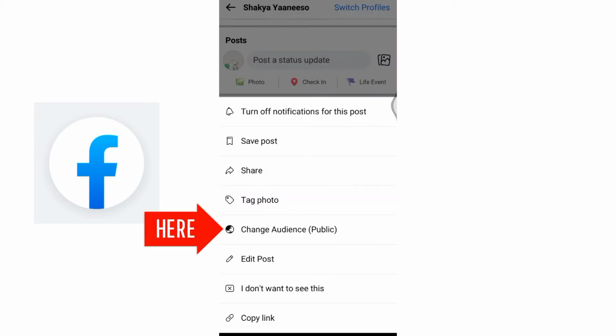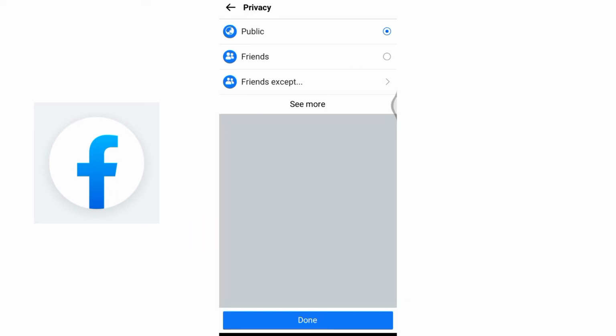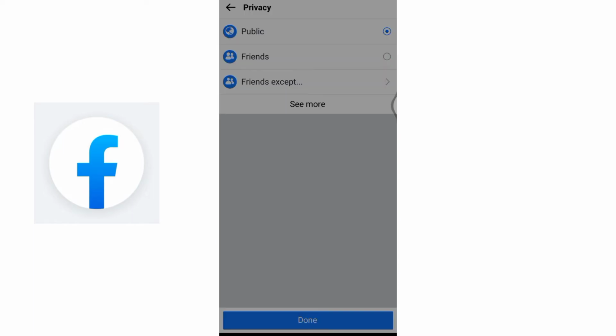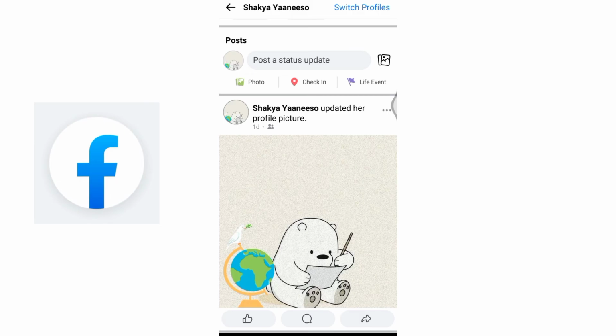Choose Change Audience, which is initially selected as public, to control who can see your post. In the audience settings, select Friends to limit the visibility of your post to only your friends. Once this option is enabled, your post will be visible exclusively to your friends and the share button will be